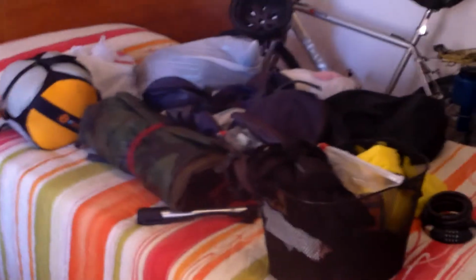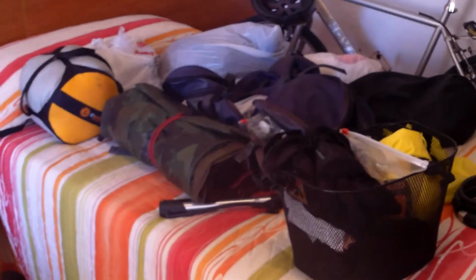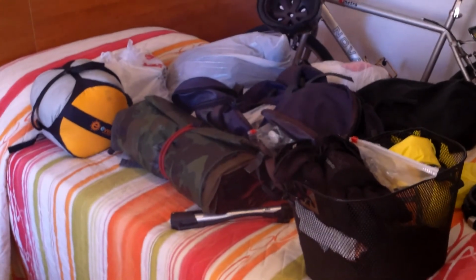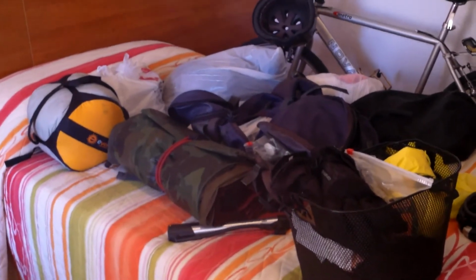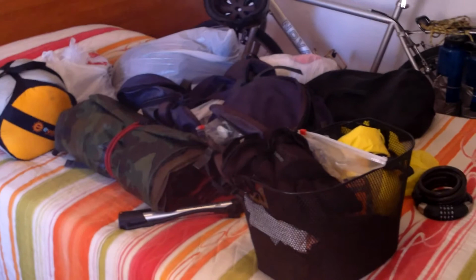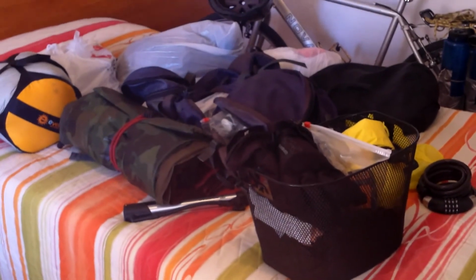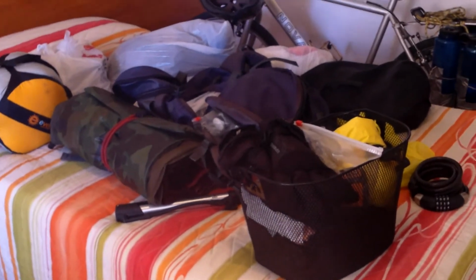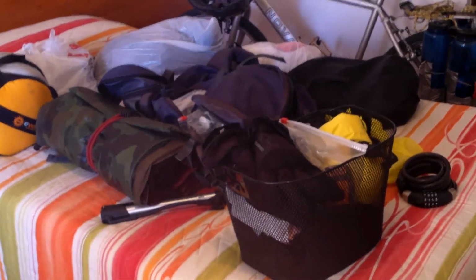I might actually get rid of a couple things, because the bag's filled to the brim, and you really have to work a lot to get everything filled in, and get the bike strapped up with the bag and everything. So I might get rid of some stuff, but the idea is I'm not going to have to go buy more clothes or more gear or anything like that, knock on wood, who knows. But anyway, so